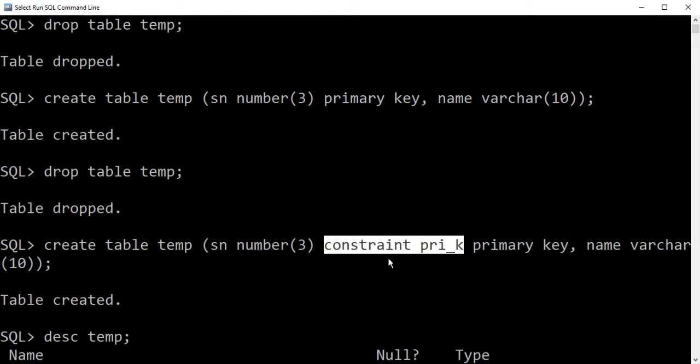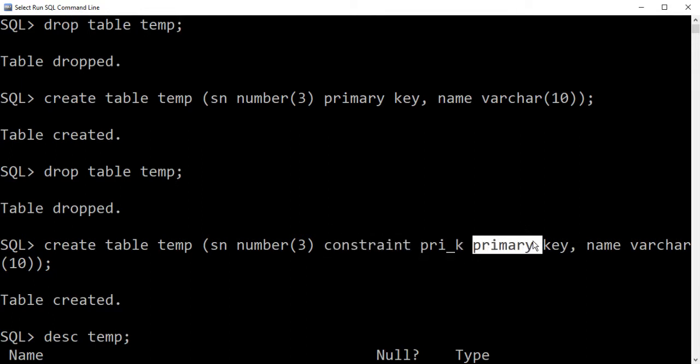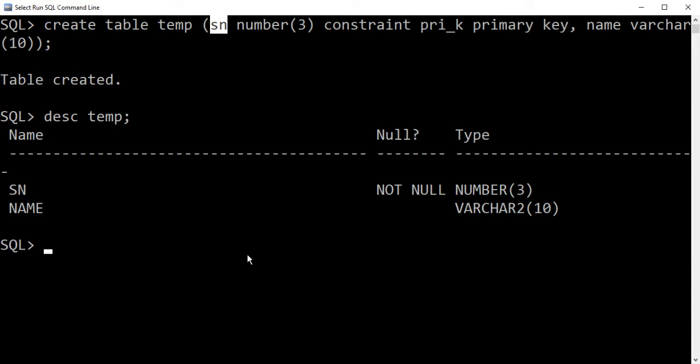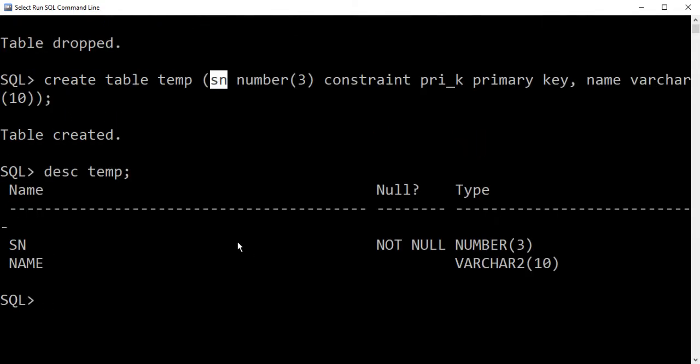So the only difference is that in the second method we are also providing a particular name for that constraint. So we have provided the name pri underscore k for the constraint primary key, that is declared over the attribute Sn. So now we can refer to this name to delete the particular constraint.